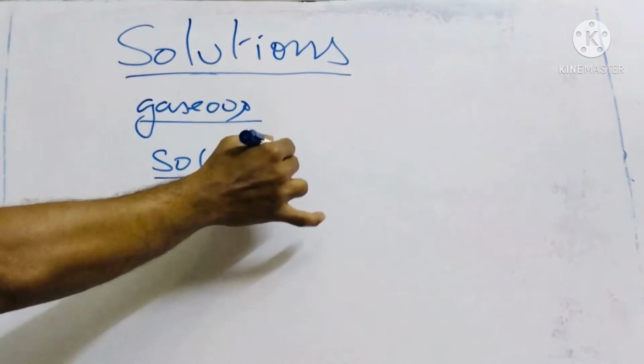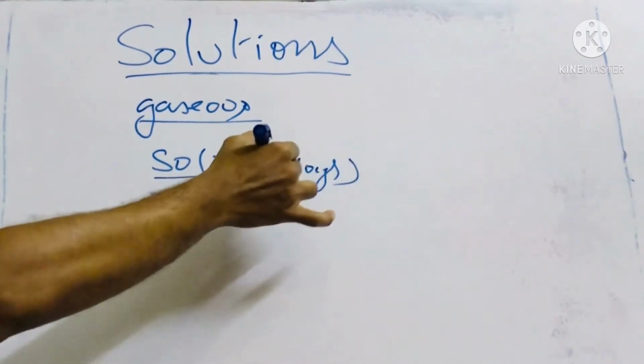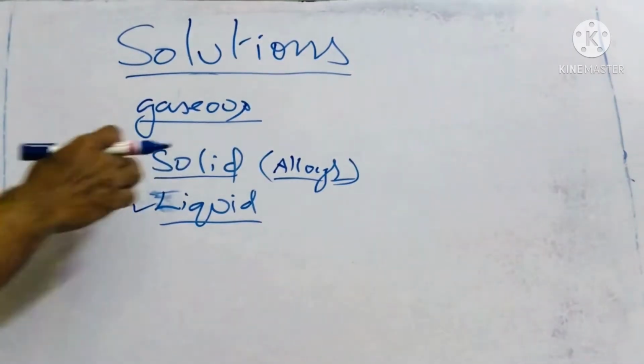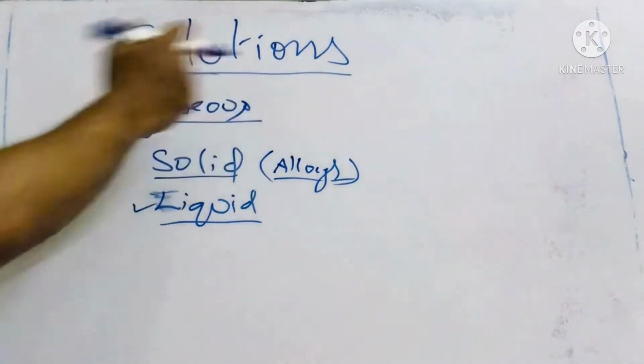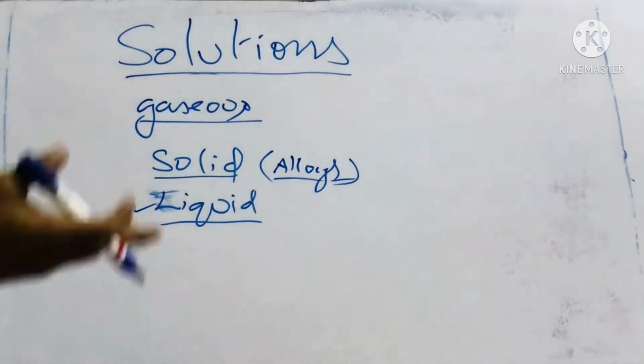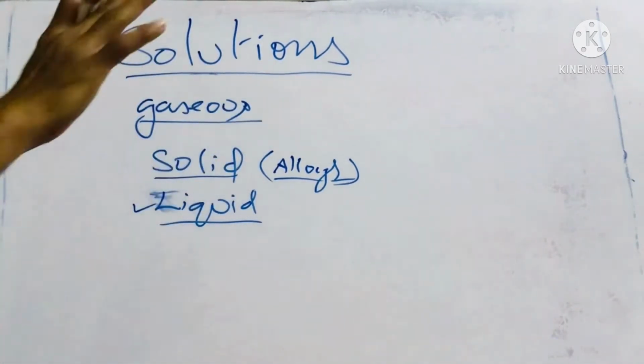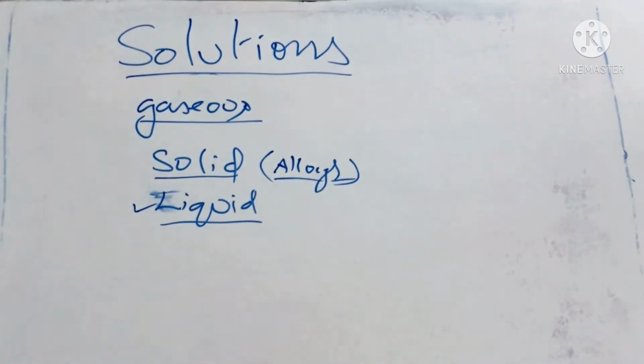All alloys, metallic alloys, are homogeneous mixtures of two or more components, and they are in the solid state. So they are called solid solutions. The solvent is in the form of solid. All gases are gaseous solutions. Take for example argon gas. It may contain some amount of oxygen and other gases in it. If it is 100% pure argon, then it is not called a solution. But if it is a mixture, then it is called a solution.